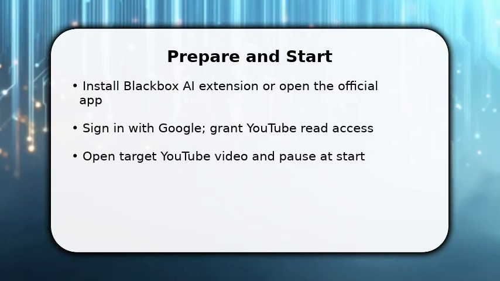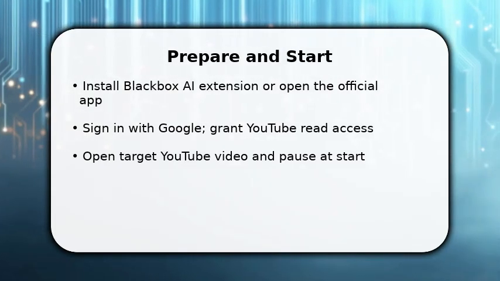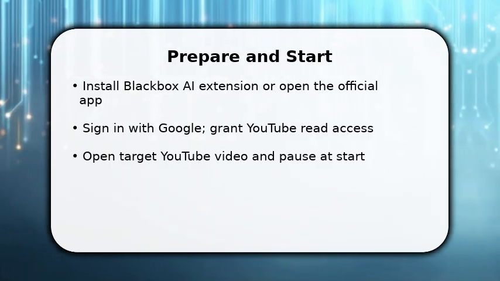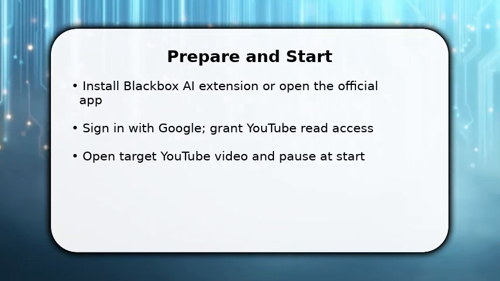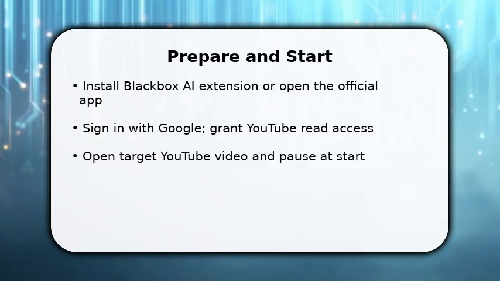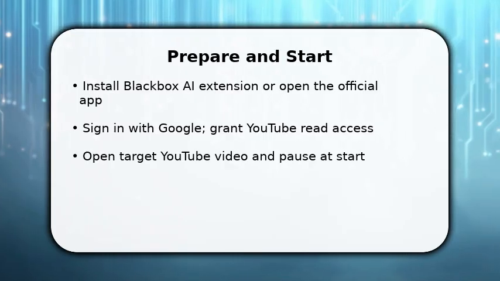Enjoy the video. You start by making sure Blackbox AI is active and connected to your YouTube account. Install or enable the extension, sign in with Google, and grant the minimal permissions required to read video metadata. Once done, open the YouTube video you want summarized and pause it at the beginning so Blackbox can index the